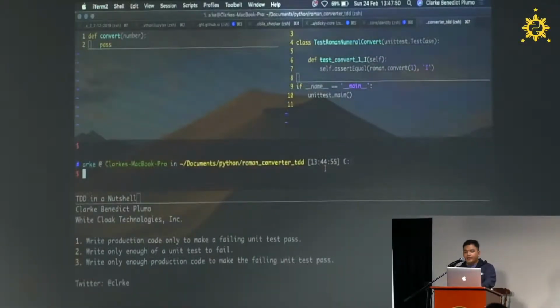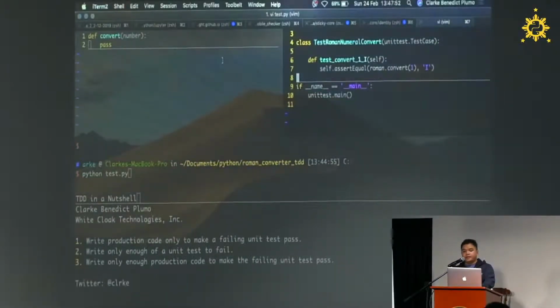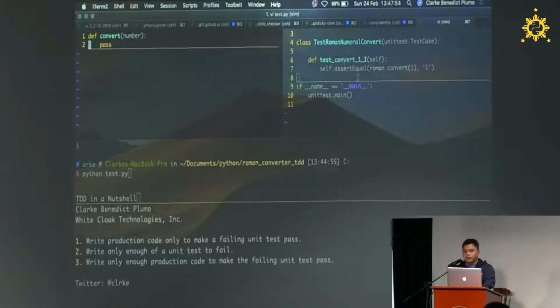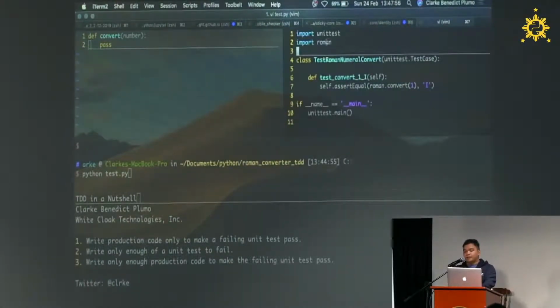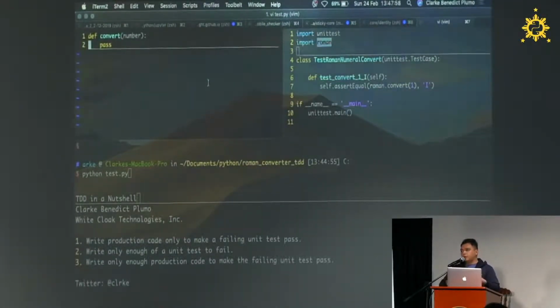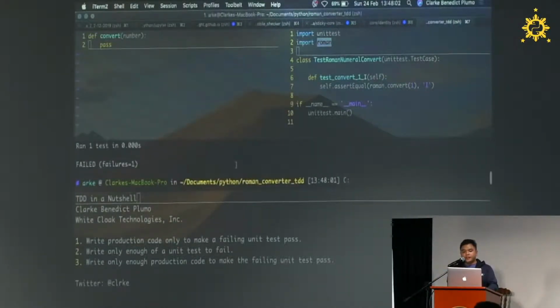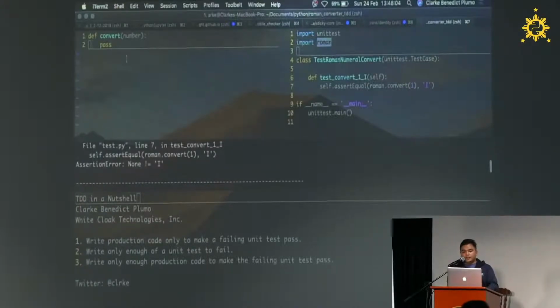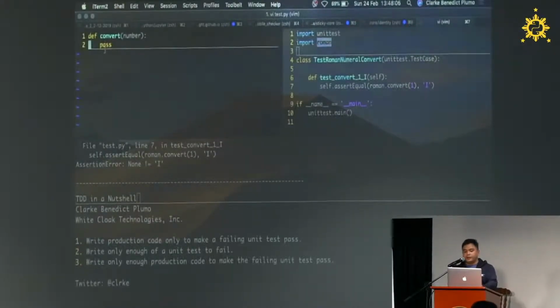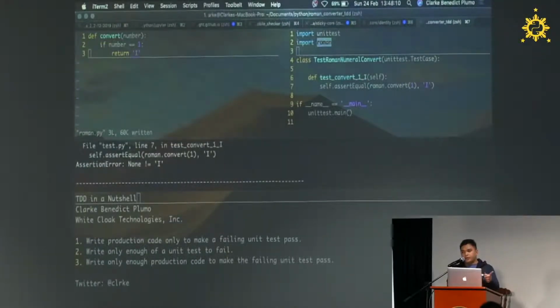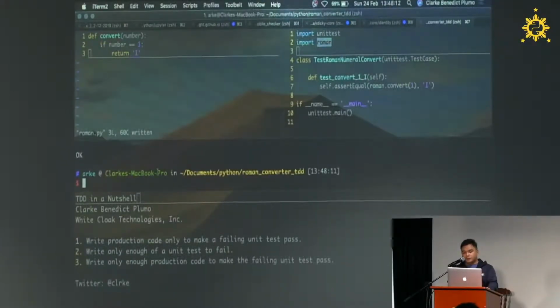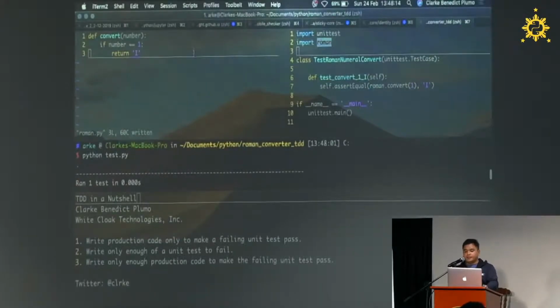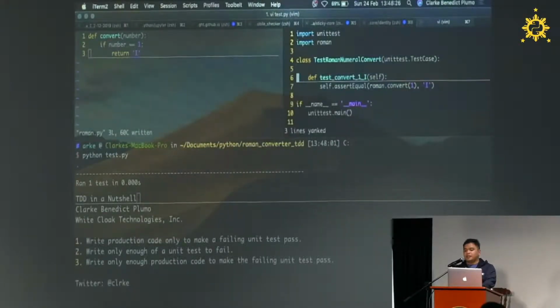So right now I have a Python test.py and a Roman module. I'm going to convert decimal numbers to Roman numerals. So Python test.py, it fails. Why? Because this convert function returns nothing. All right, so let's return, if number is equal to 1, let's return I. Okay, it passes. So let's write a unit test for when it's